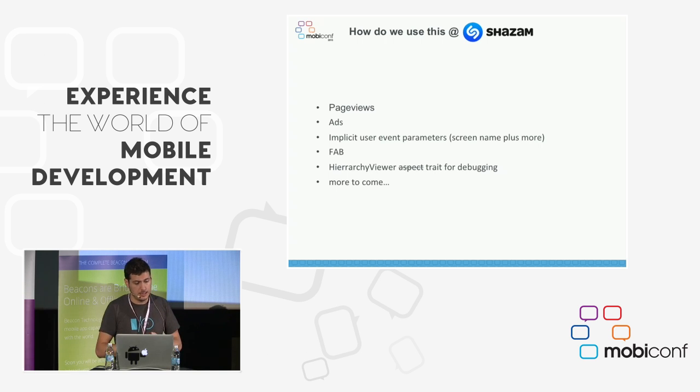Fab, we have a floating action button in our app that triggers the Shazam process. And it's the same everywhere. It also has the same logic. It has some events generated with it that require context, and they also use the same tricks as shown before. Like I pressed the fab, which screen was I on? That happens automatically. And yeah, if you want your fab in a fragment or an activity, you just literally annotate it with fab, and you get it. If it's in a fragment that's already in an activity that has the fab, it just literally just attaches to it.